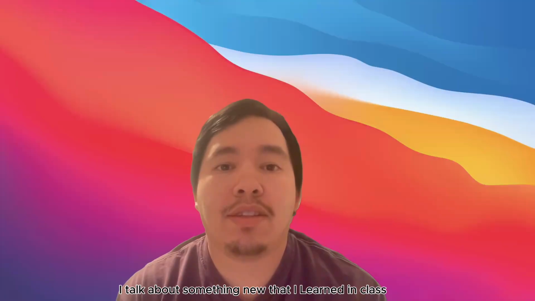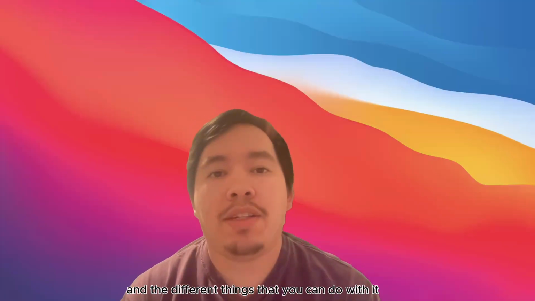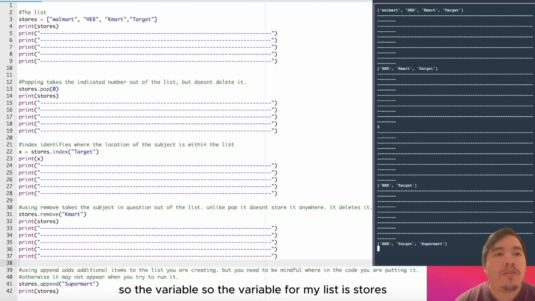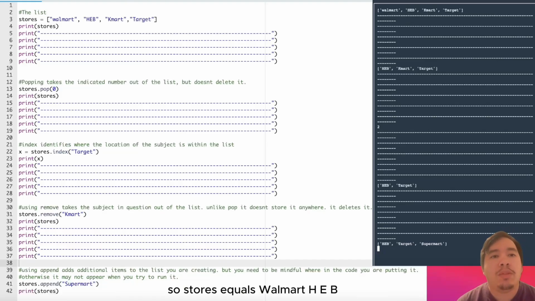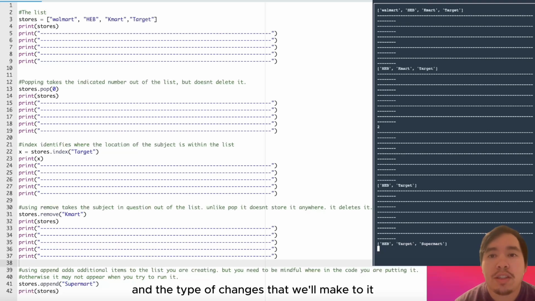This week I'll be talking about the data type list and the different things that you can do with it. So the variable for my list is stores. Stores equals Walmart, H-E-B, Kmart, and Target. And so when we print stores, what we'll see is Walmart, H-E-B, Kmart, and Target in the run section. And so that's just the baseline of what we'll be talking about today and the type of changes that we'll